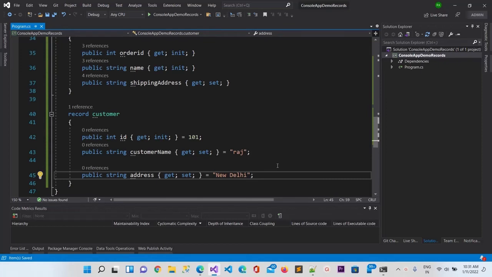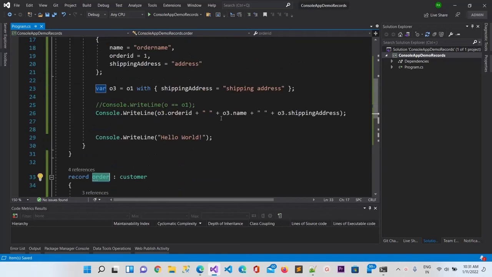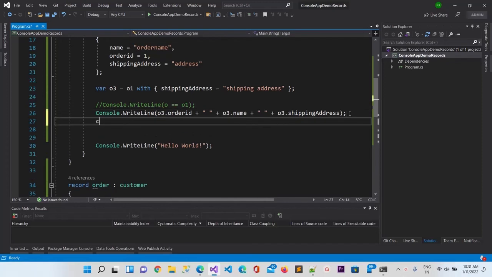So I should have these values as well when I create an object of order. Let me also print the inherited values.